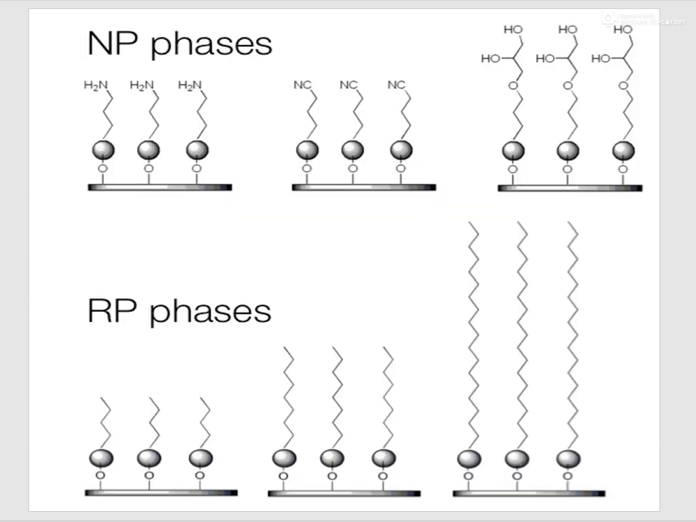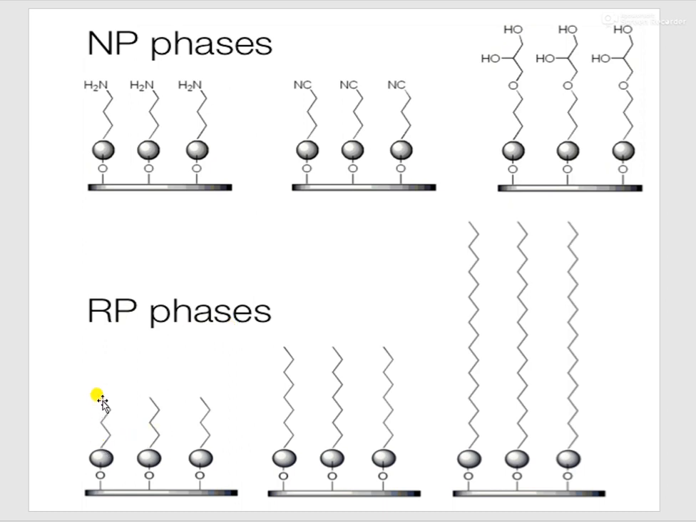Now this slide depicts different normal phases and reverse phases. You can see here this is an amino group which is attached to the silica gel backbone, so this is an example of a normal phase. Cyano group attached to the silica gel backbone, so a column with a cyano group is also a type of normal phase. Diol group, two OH groups attached to the silica gel backbone, so diol columns are also examples of normal phases. While in the case of reverse phases, you can see here